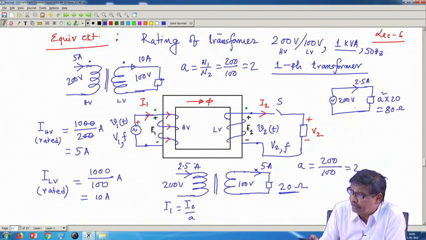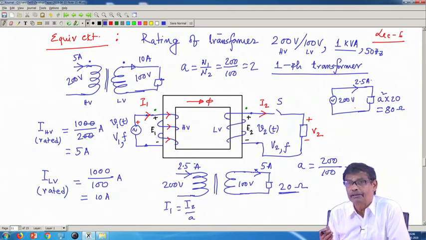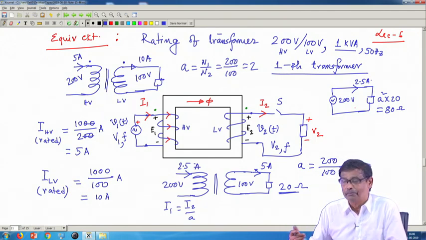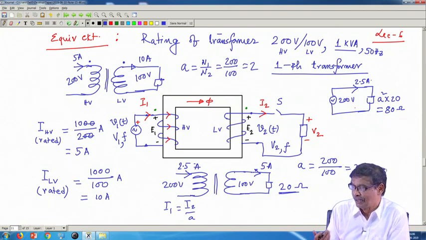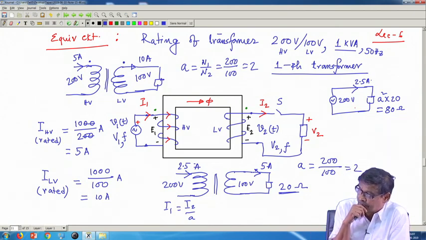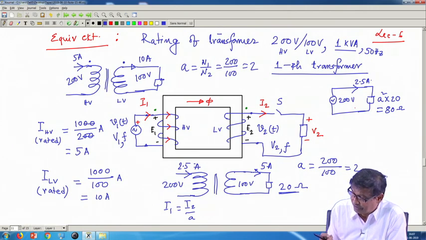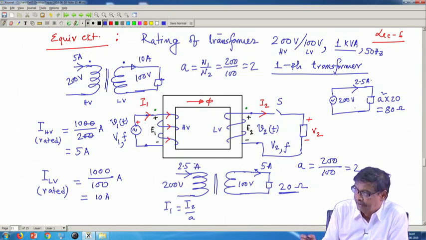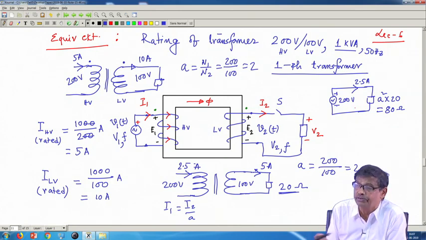So, I will draw the equivalent circuit. Sometimes people say transformer means it changes the value of the impedance, the transfer of impedance. Source, you are physically connecting an impedance of 20 ohm, but to the source it appears to be 80 ohm. You can manipulate the impedance. Okay. So, this is the thing. Then after calculating this, I will come back here and say okay, this current will be 2.5 into 2 is equal to 5 ampere.